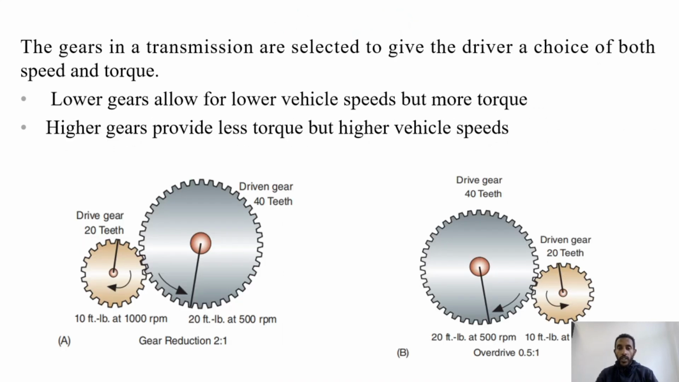So this is the definition. The gears in transmissions are selected to give the driver a choice of both speed and torque. Always the lower gear allows for lower vehicle speed but more torque. Higher gears provide less torque but higher vehicle speed. By the way, this term will have an inverse